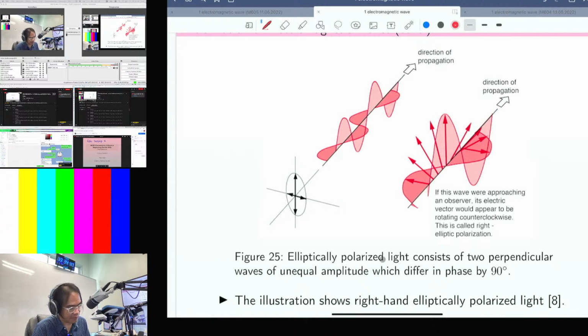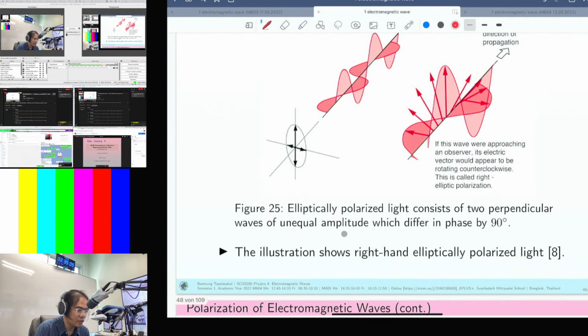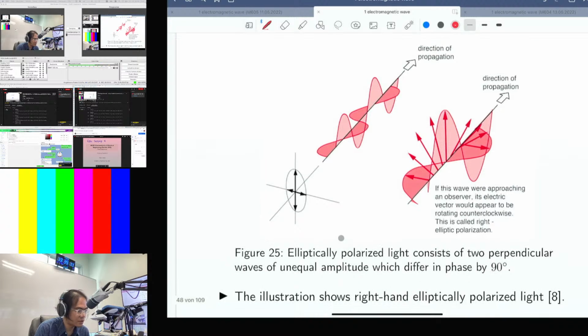We call this type elliptically polarized, elliptical polarization. Okay, this is elliptical polarization. Elliptically polarized light consists of two perpendicular waves with unequal amplitude, and they are different in phase by 90 degrees. The illustration of the right-hand elliptical polarized light